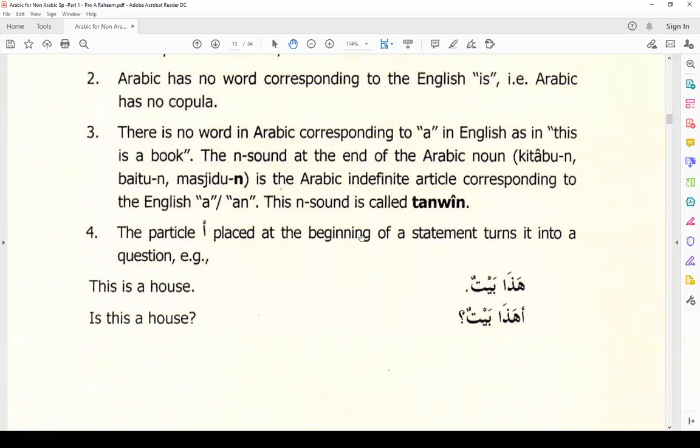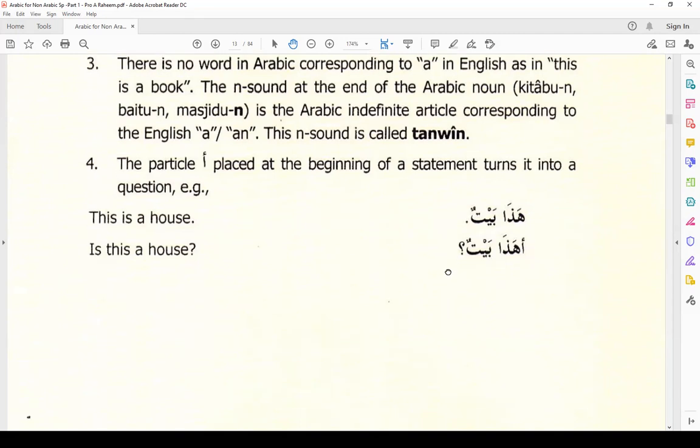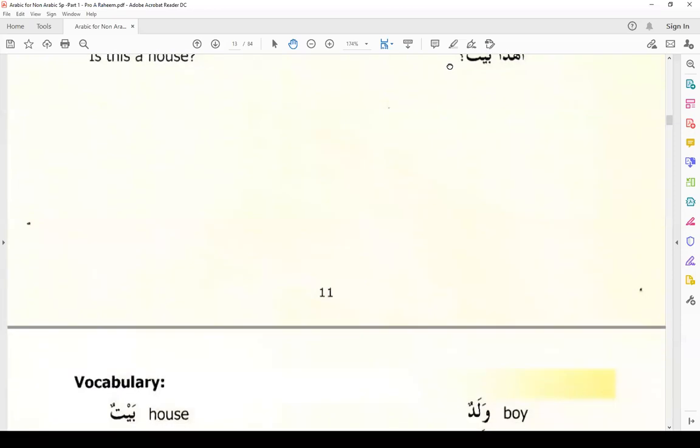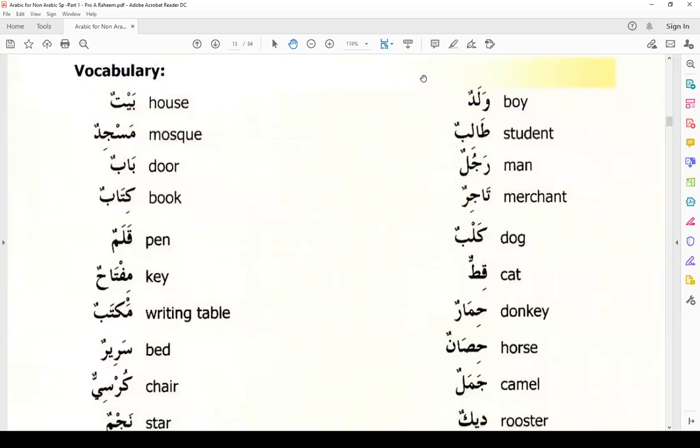So if you want to say the boy is a student, the "is", we would not find any Arabic word to represent that directly. Continuing, we mentioned that there is no word that represents "a" in Arabic. However, what is seen from it is that we have a tanween. So baitun really gives the meaning of a house. Okay, there's a particle that is added to the singular word to give the meaning of "the". You'll learn that afterwards. And these are the vocabulary, basically what we would have done just now there.